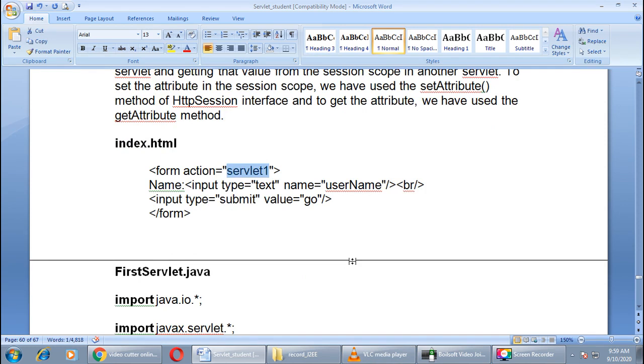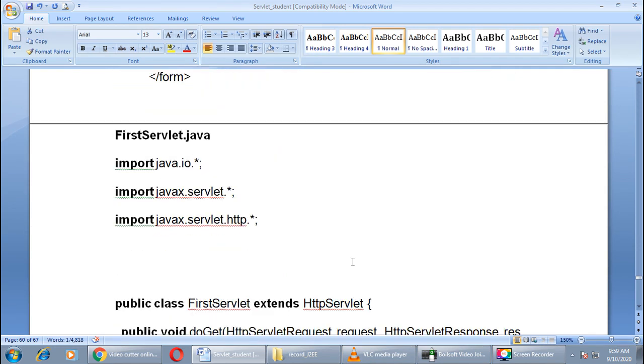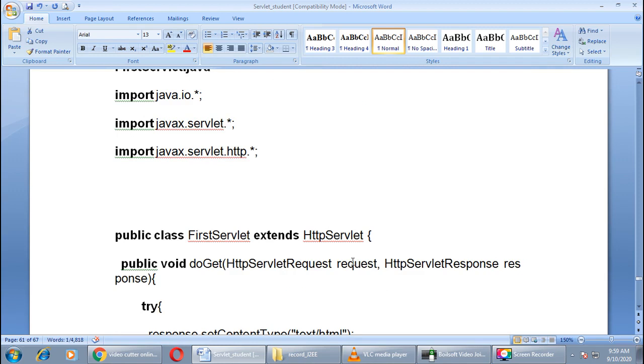Now our first servlet. As we have done in our previous example, here again we'll take the first servlet and then the second servlet. The same packages are required for this example also. We'll create one class with the name FirstServlet, which extends HttpServlet.